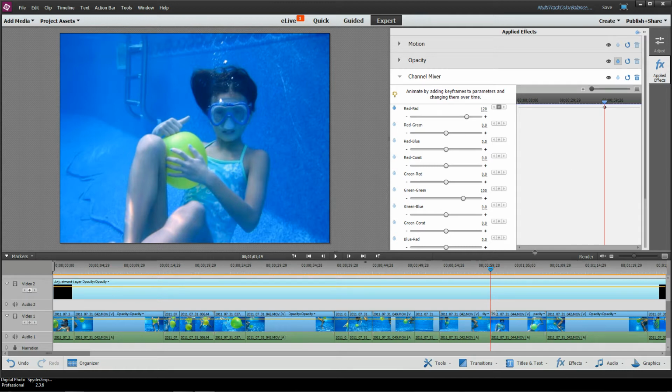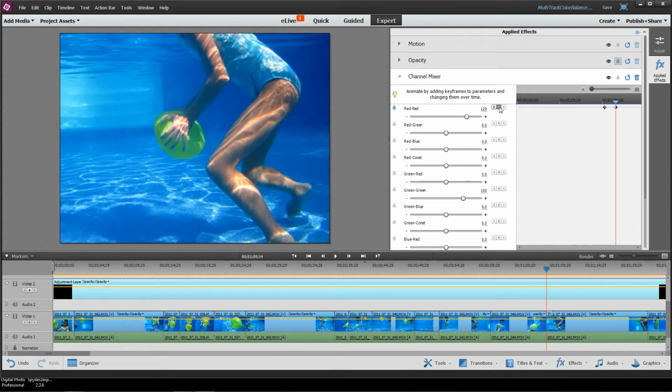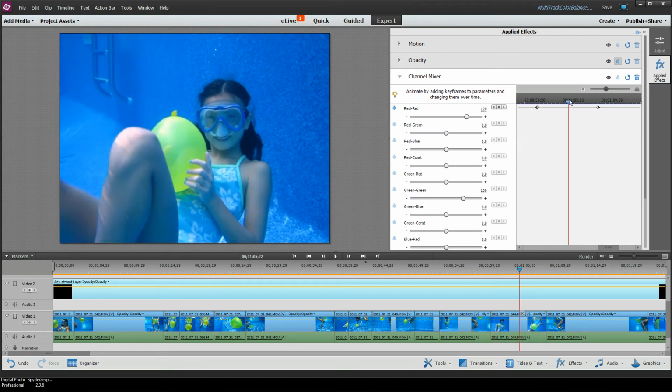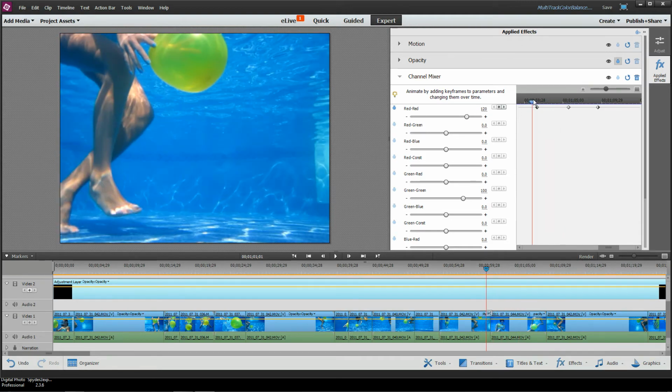Then I'm going to go to the end of the clip and I'm going to remember that. Now anything in between there I can change and it will affect it just for that point in time. So if I go right here, let's just pick something in the middle here. Let's crank this way up. Notice, I know this is just an example here, how it gets drastically pink, but if I go to the other areas in the clip it's still retained.